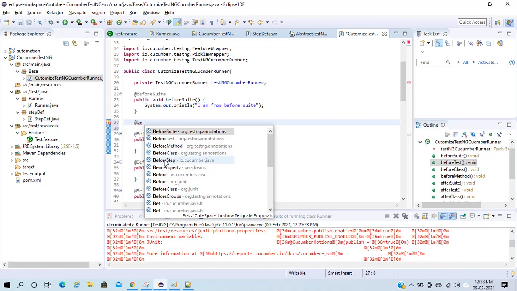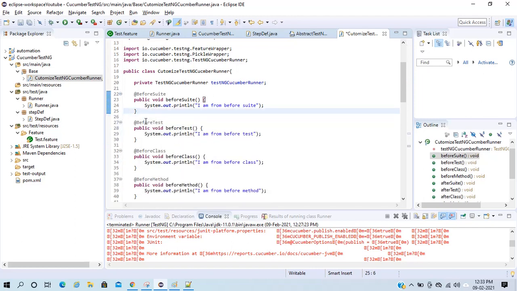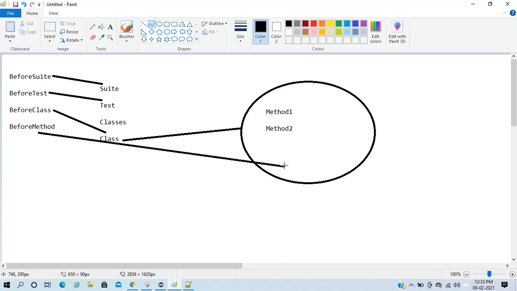So guys, this before step is coming from Cucumber, so I will be telling about testng annotation first. So we have before suit, before test, before method, and before class. So I have covered all the annotations in testng here. Before suit will go before my suit gets started, before test will execute before my test, before class will execute before my class, and this before method will execute before executing any method in the class.